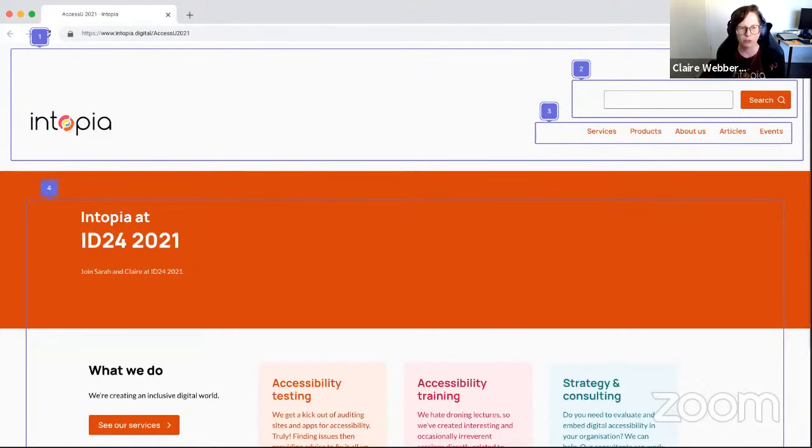We want our headings to be well structured. We essentially want every section to have a descriptive heading, and we want those headings to be nested correctly. Now, visually, the hierarchy of headings is often communicated by the font style, the font size, the font weight, but we also want to make sure that the underlying heading levels, heading 1, heading 2, heading 3, are also right so that our developers can actually pick that up and code them correctly.